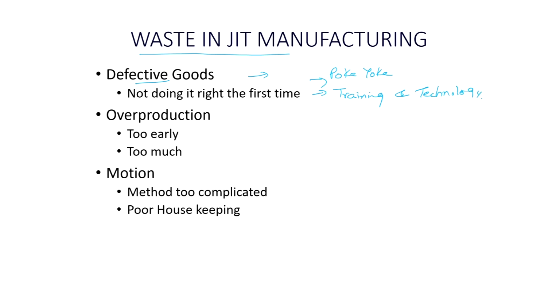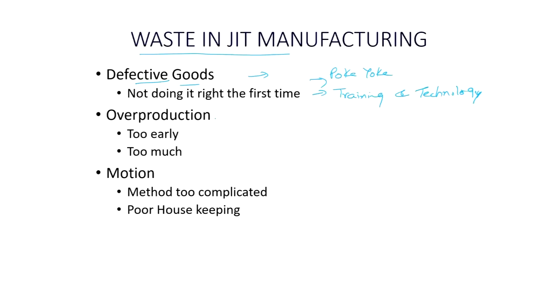These are the two important drivers for every purpose, whether it is quality, productivity, or on-time delivery. You can take the help of training and technology. Here also, we should try to find out why the defective item is produced. It is due to human, raw material, machines, tooling, or any other reason. Then overproduction is also a waste.